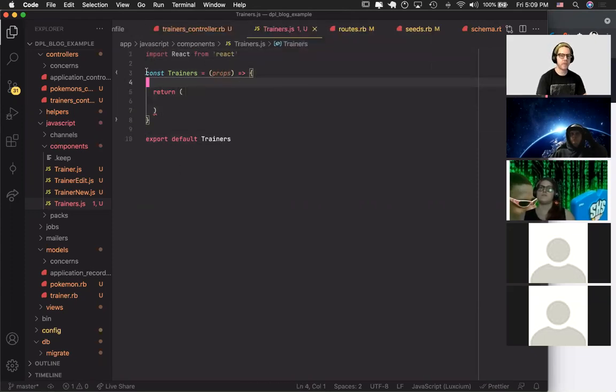Beneath your imports, you define your component. So const, component name capitalized, equals. In this case, we're going to be looking for props. This won't always be the case, but for now, that's what we're going to be doing. So equals props, arrow, and then curly braces. Then inside of here, we need a return function. And that is our basic